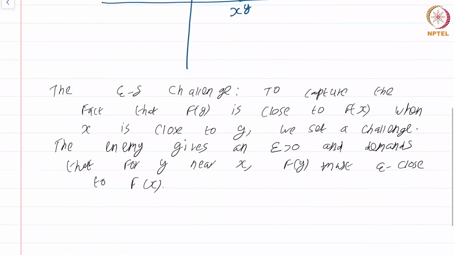Okay, then to meet the opponent's challenge,